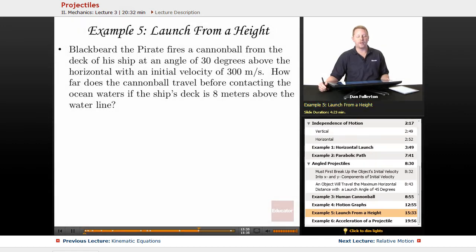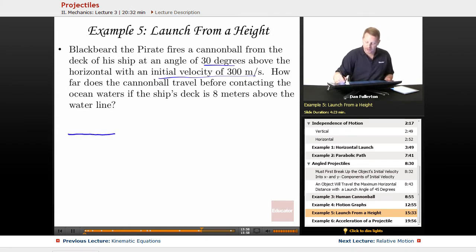Or an object that's launched from a height. Blackbeard the pirate fires a cannonball from the deck of his ship at an angle of 30 degrees above the horizontal with an initial velocity of 300 meters per second. How far does the cannonball travel before contacting the ocean waters if the ship's deck is 8 meters above the waterline? Well, now in this case,